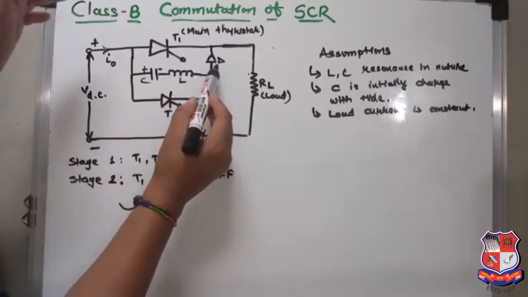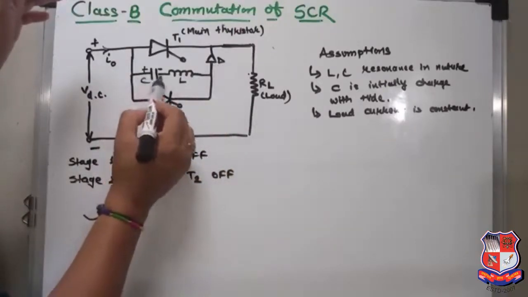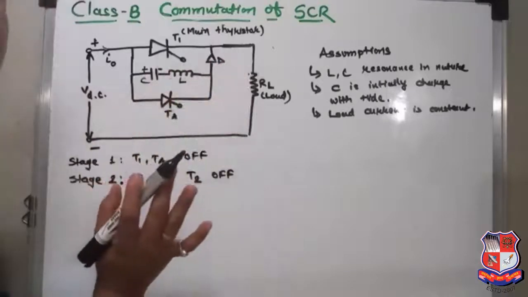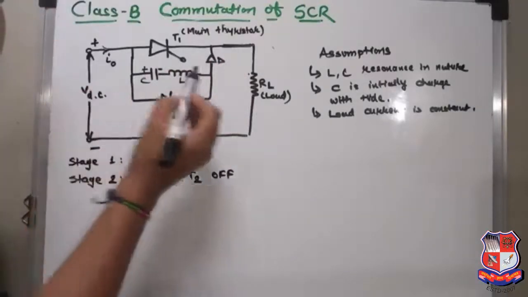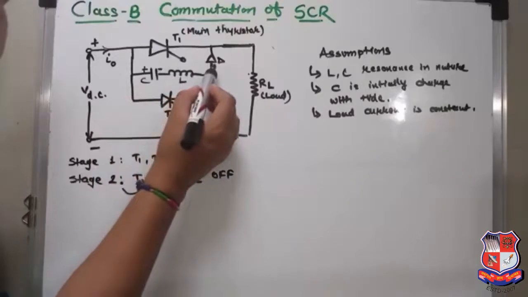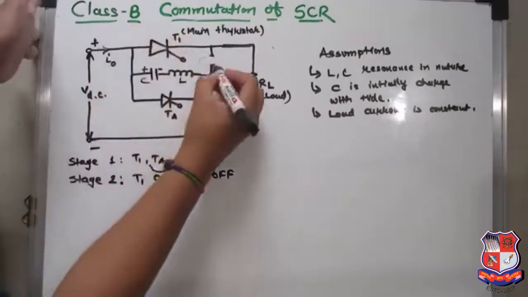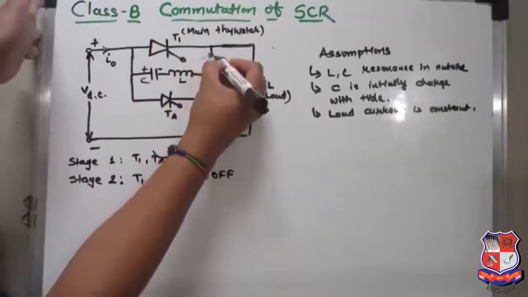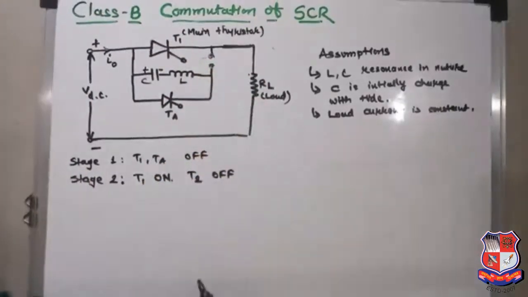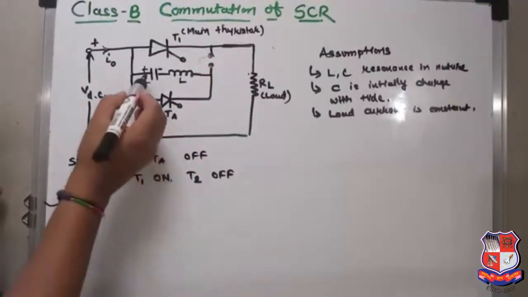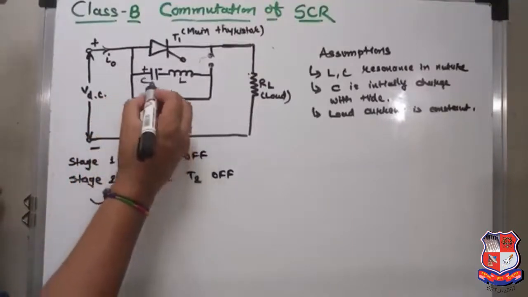So what will happen? There is no path for the capacitor to discharge, but the current is flowing. As the diode sees a negative at its anode, the diode acts as an open circuit. The diode is now reverse biased, and your capacitor is still fully charged at VDC.